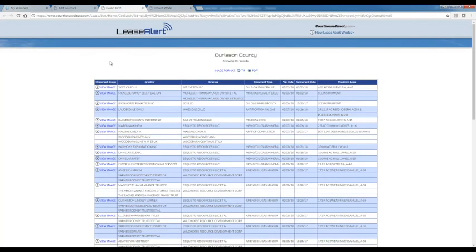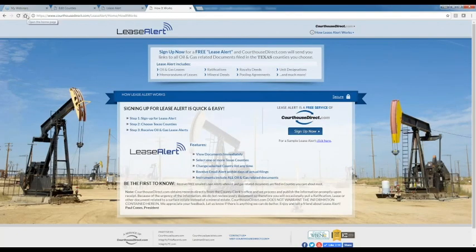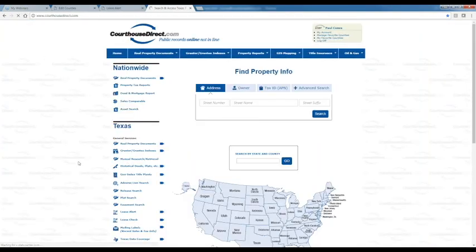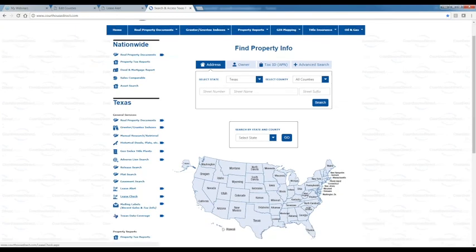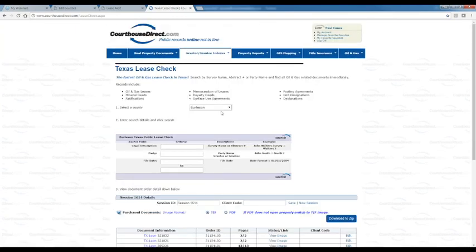So again, the other tool that I was showing you was that Lease Check tool. Back on the home page for Courthouse Direct, you'll see there's your lease check where you can just click on the lease check, go to the county, whatever it is that you're looking for. If I'm looking for Anderson County, I know the party name that I'm looking for was Johnson, Robert Johnson. I could put in a party name if I didn't have the legal description name, or I could put in